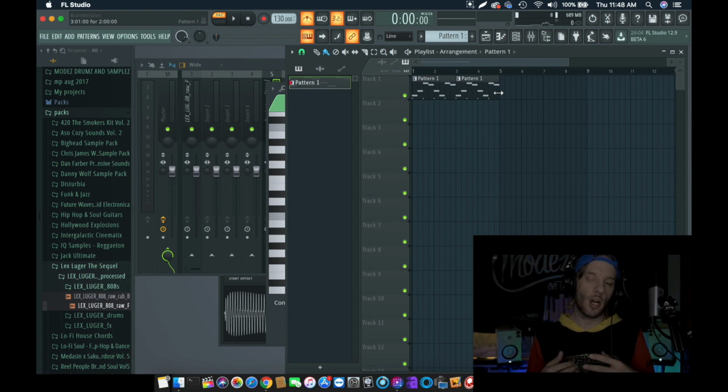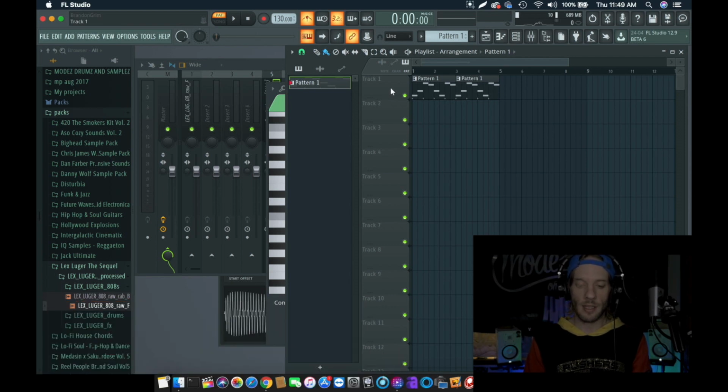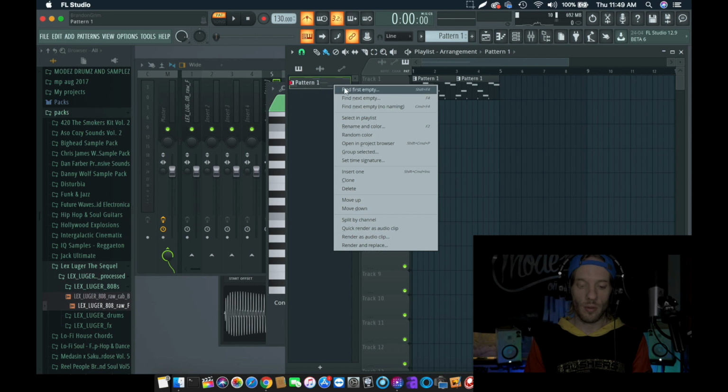it'd be more or less like RIP Edison in most instances, because they used Edison for recording the audio in and dragging it out to save power on their CPU. It was well known. Well, now they've gone and done it, and there's a few ways to do it. So the first way is to right click on your pattern